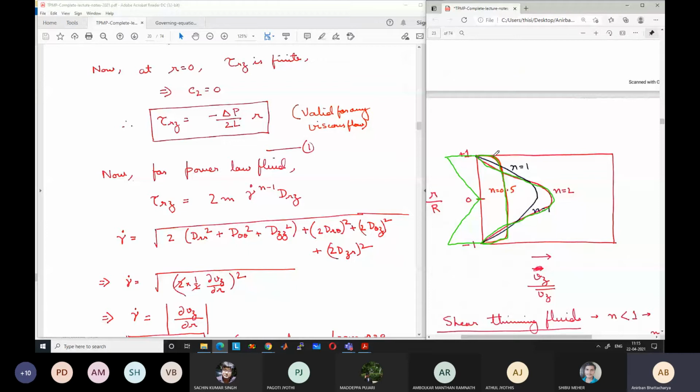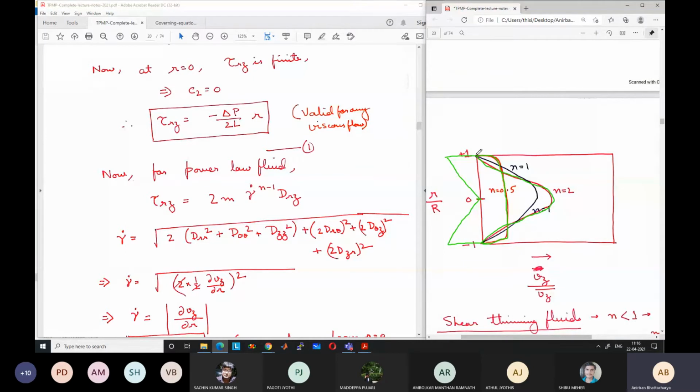Okay, it is independent of the viscosity. So shear stress remains very high, but the viscosity is decreased. So how will that entire shear stress be taken care of? Shear stress is equal to eta into the deformation rate, right? So if the eta value is low, then deformation has to be very high at the end. So that's why the slope of the line becomes very high at the end for the shear thinning fluid.